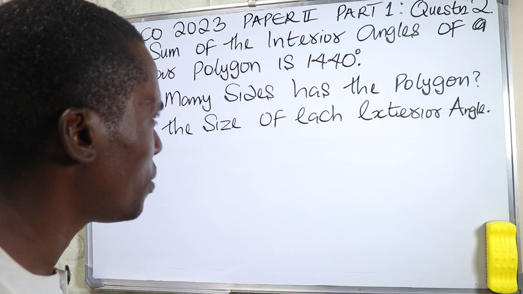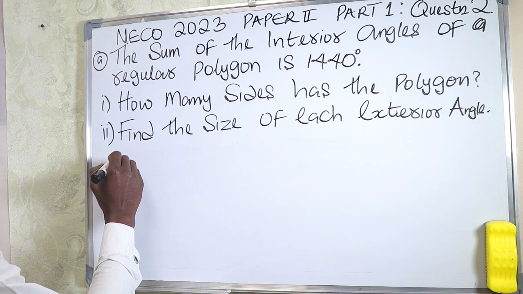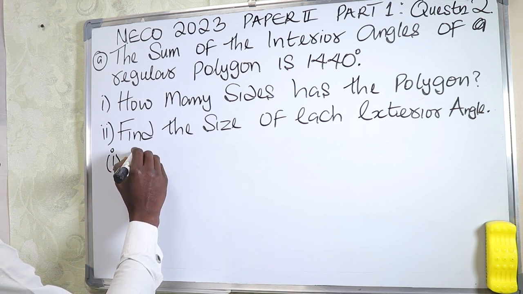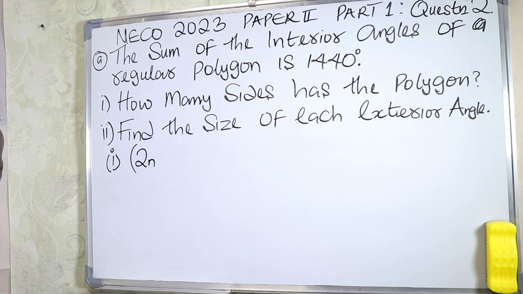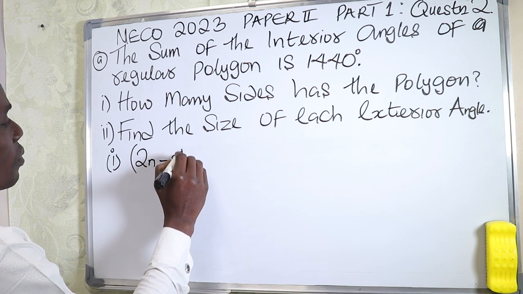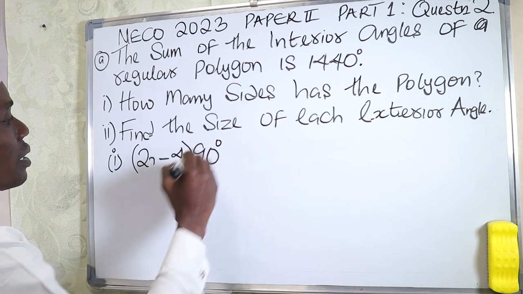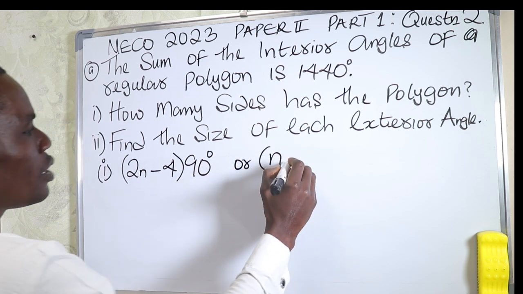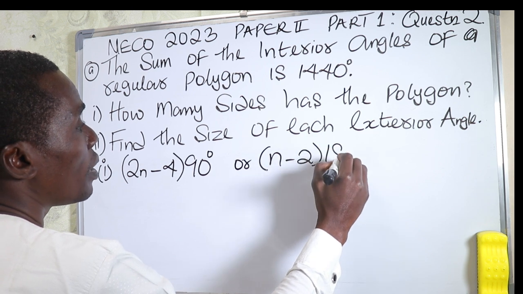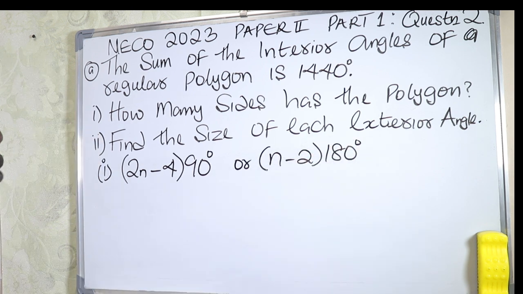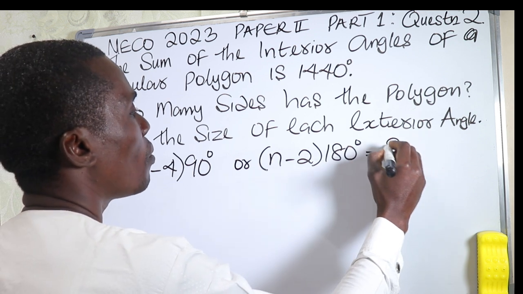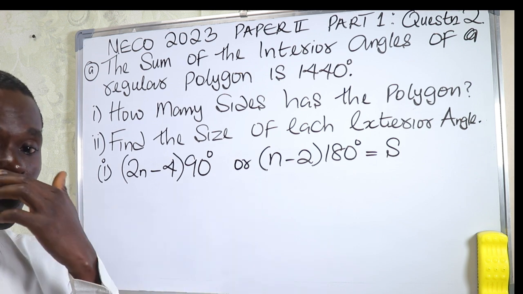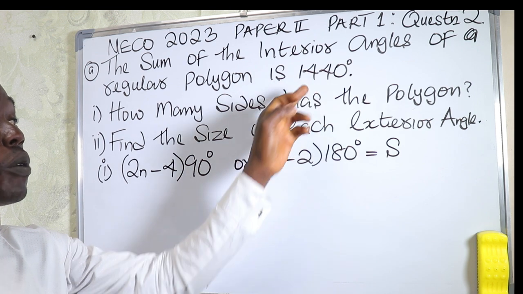Now to calculate the sum of the interior angles of the regular polygon, let's look at question number I. We can use two formulas. We can either use (2n minus 4) multiplied by 90, or we can use (n minus 2) multiplied by 180 degrees. Any of these will give you the sum of interior angles of a regular polygon. And remember, we are told that the sum is